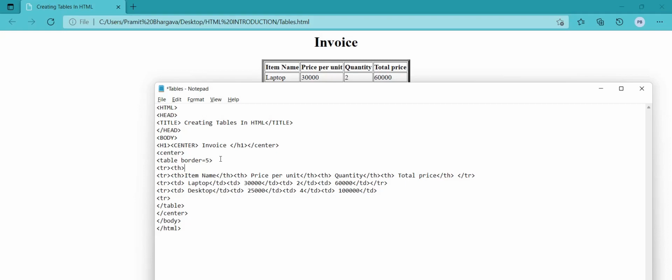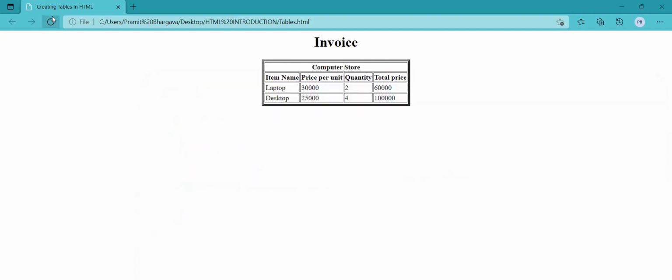I'm just creating one extra line, and we'll not end the th like this. We'll just write colspan is equal to 4, and then we'll write, suppose, computer store. We end the th, we save it.